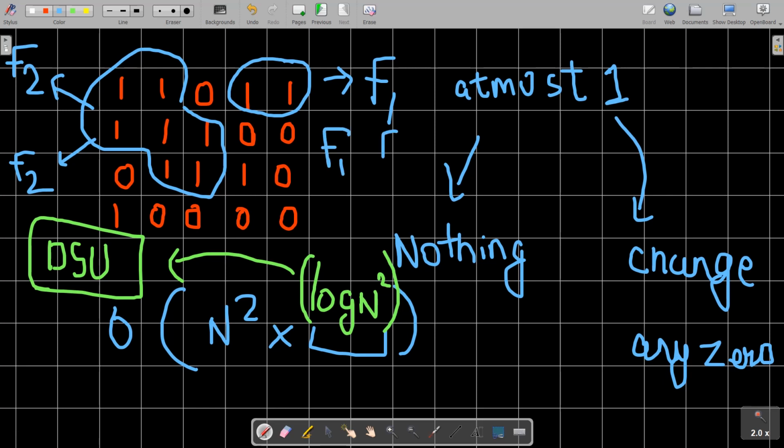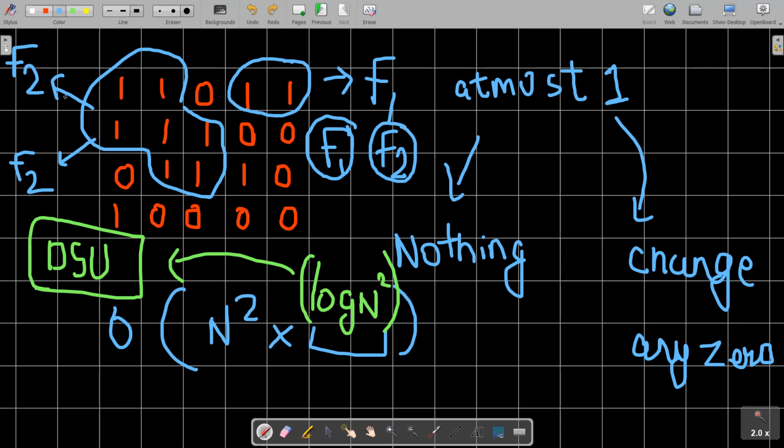It means that f1 is one connected component, f2 is another connected component, and we need to join these two connected components. There can be more than two connected components. Suppose this cell lies in another connected component, then there are two occurrences of f2 and we are going to use only one of them. In that case you are going to have an f3 variable also. You are going to just merge f1, f2 and f3. So the new size of the connected component of the island would become f1 plus f2 plus f3 plus 1, because you are going to change the current cell containing the value 0 to 1.